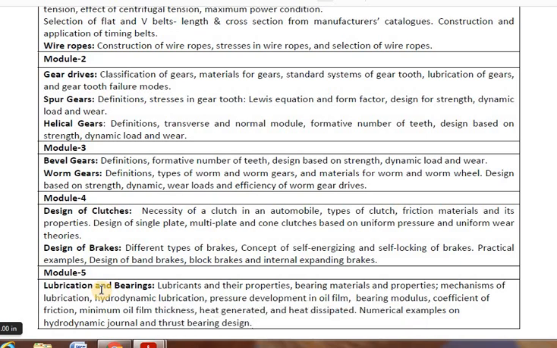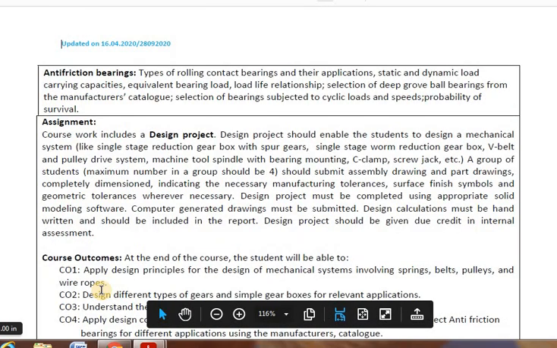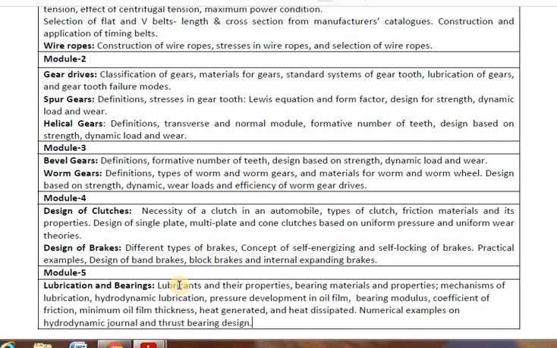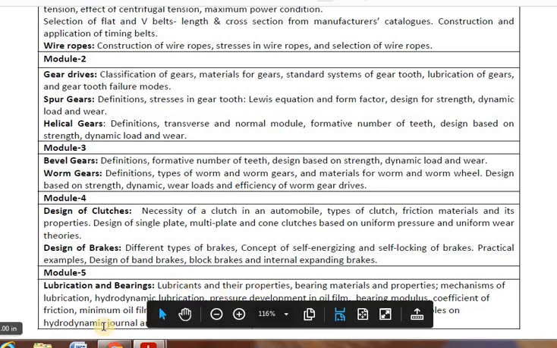So in module 5, lubrication and bearings. So you have lubricants. Lubrication, as you have seen, is normally used to avoid friction between two parts which are in rotary contact or motion contact. Such lubrication properties we are going to study here. So the different varieties of lubrication, types of lubrication, how they are used, different types of journal bearings, and here the important one is hydrodynamic journal bearings being designed. That's in this particular chapter.